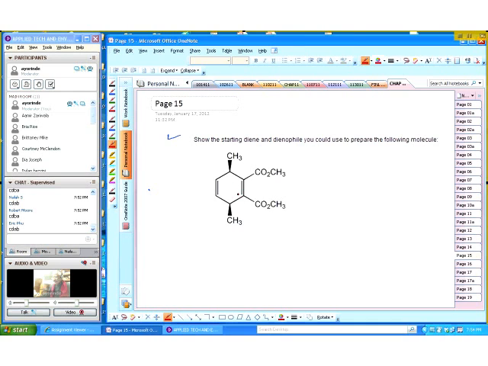So if we simply click right here, this part of the molecule will be your diene. If that part of the molecule is your diene, what would it look like? Keep in mind that this double bond here was your original single bond, so therefore that has to be this here,